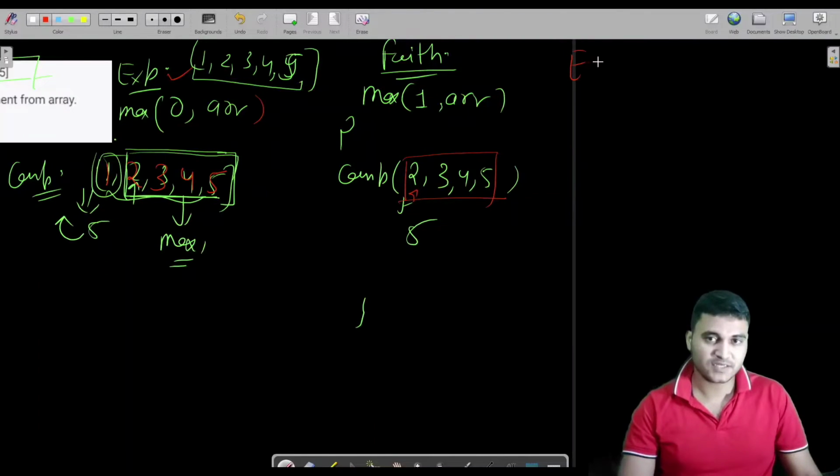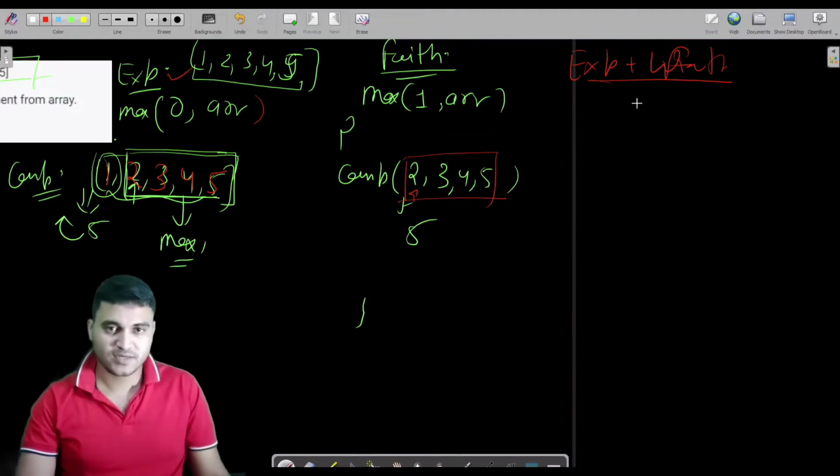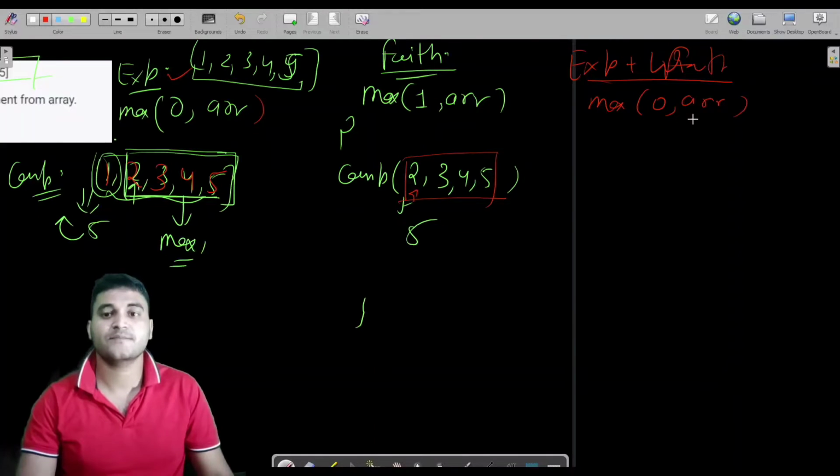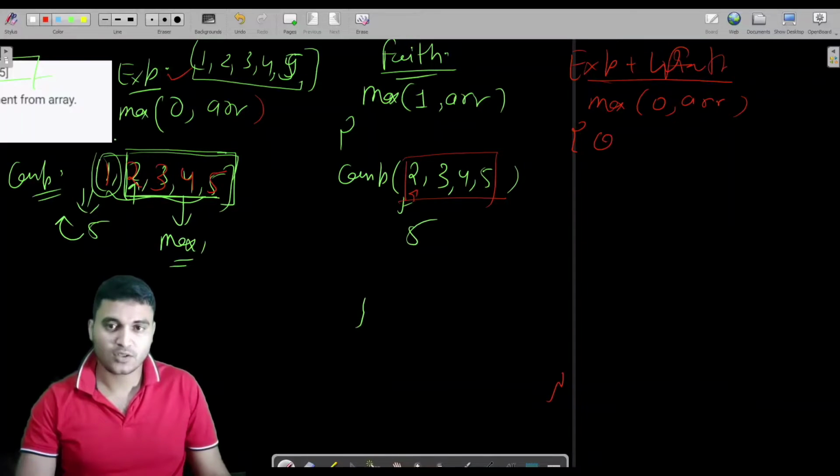Let us meet our expectation with faith. So my expectation is something like this. If I am providing 0 to the array, it has to compare all the values and return the maximum out of this.